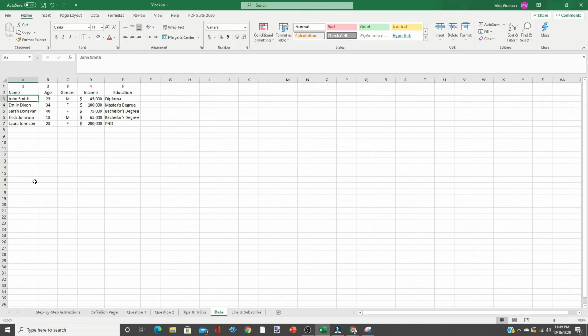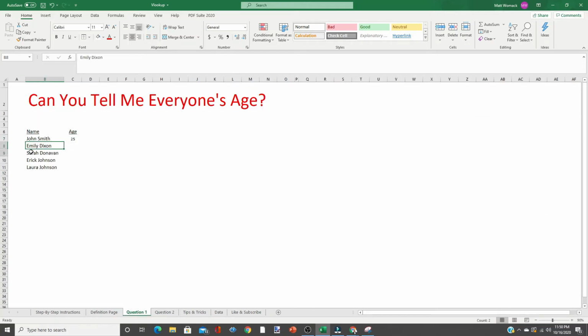We locate John Smith. We've gone to column 2, and it says 25. So this says we did our VLOOKUP correctly. However, we haven't finished yet, because on question 1, we've got to find the ages for all the other individuals as well. All right. So we're going to click back on the cell under age so we can see our